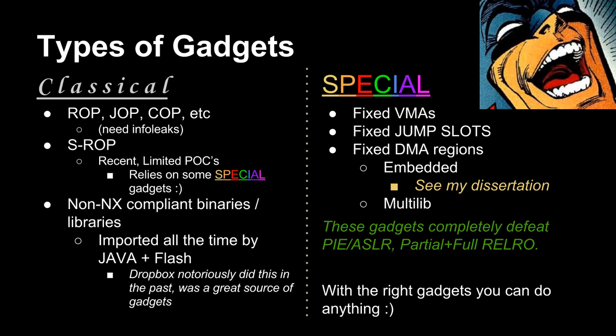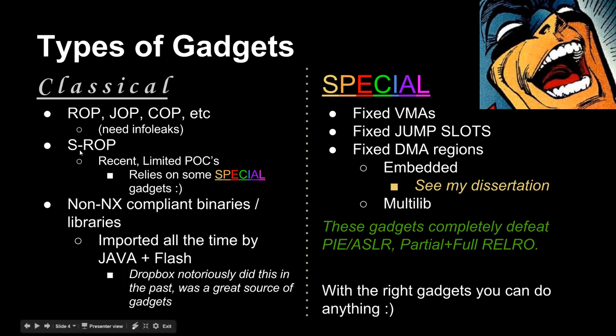In this lecture, we're going to break gadgets down into two types: classical gadgets and then special gadgets, which often completely defeat ASLR and partial RelRO. There are some gadgets that completely defeat even full RelRO. So for classical gadgets, we have general ROP, JOP, and COP gadgets. There's a more recent technique that came out in 2013 called